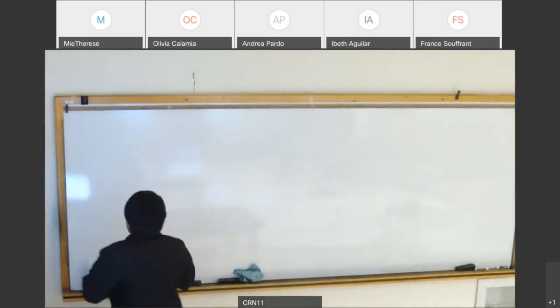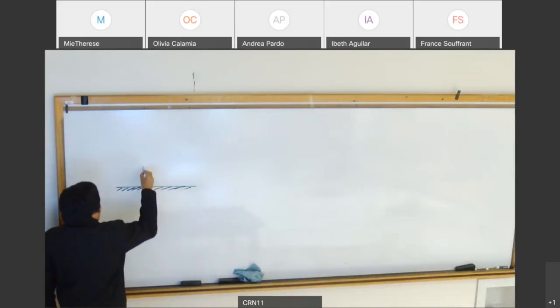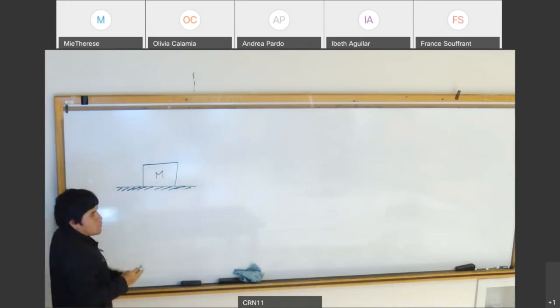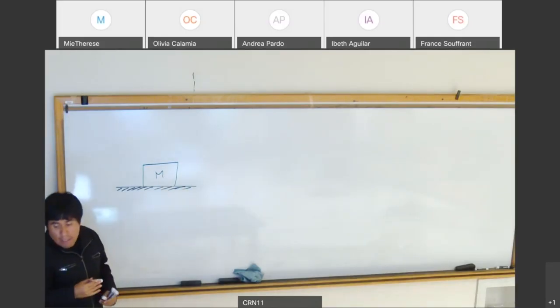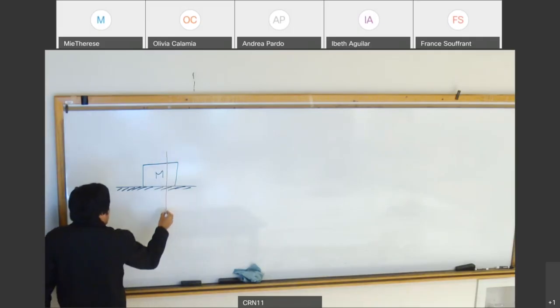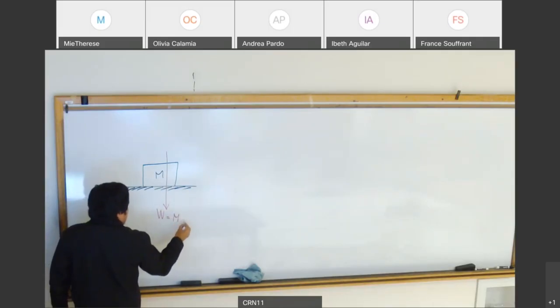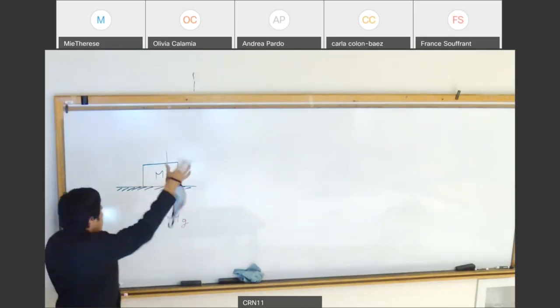the idea is that if you have a horizontal table or a floor, and you have a mass, we have to start getting into the idea of free body diagrams or force diagrams. In this idea, we draw the force of gravity like this. This is the weight of the object, mg. All right? So,